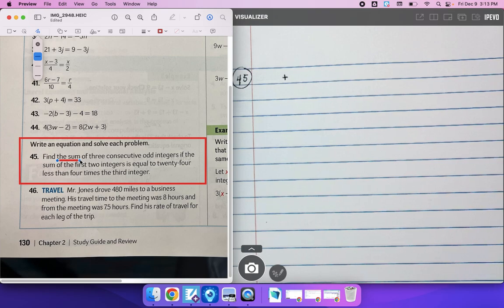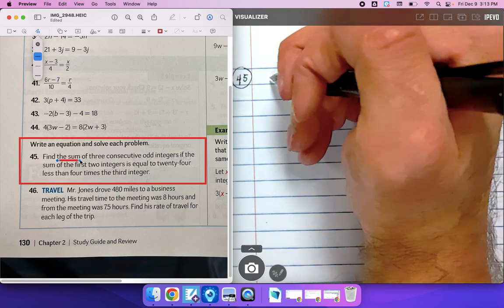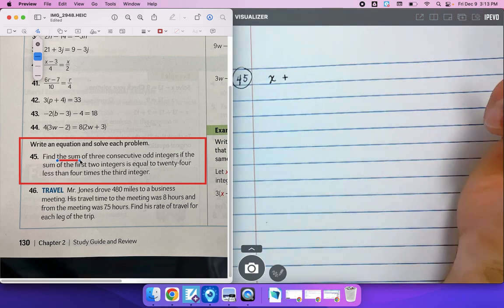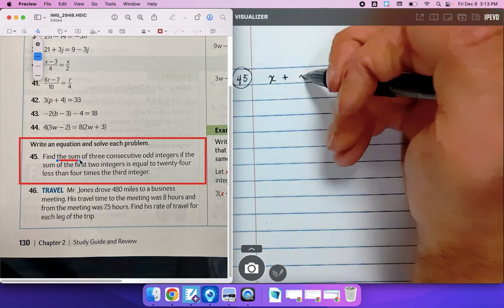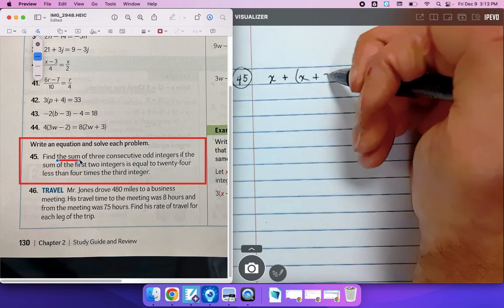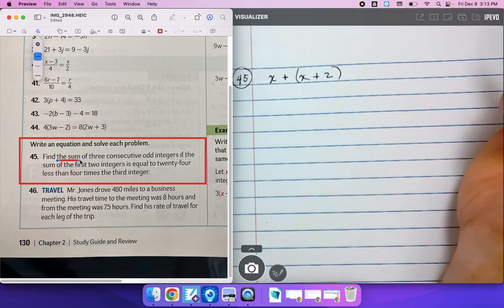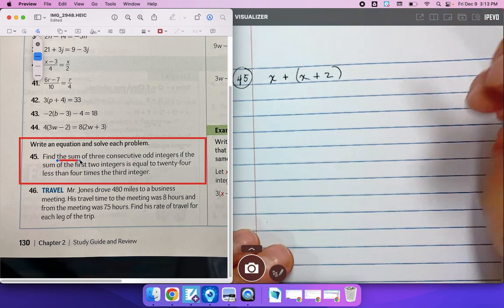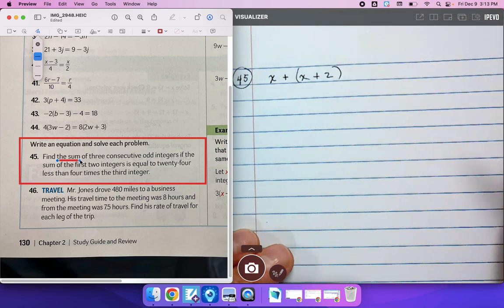The sum of the first 2 integers, so that would mean my first one would be x, and my second one would be x plus 2. So right now I've turned this part into words that is right here. The sum of the first 2 integers. And that has to be equal to